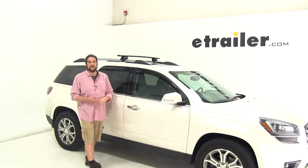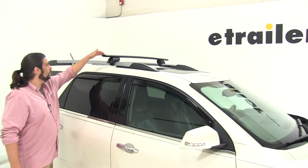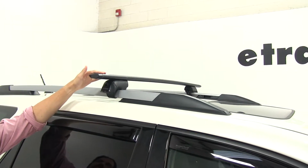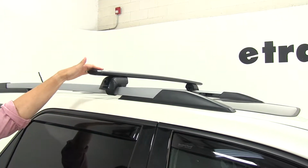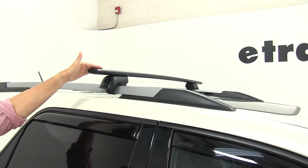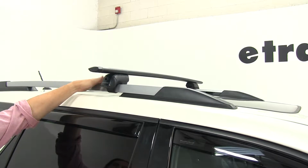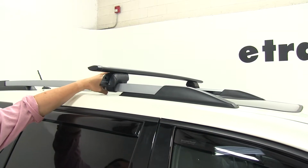Today in our 2015 GMC Acadia, we're going to be test fitting the Yakima JetStream Roof Rack system, consisting of part numbers Y00425. These are the JetStream crossbars, 50 inches long. These also come in silver if you like. We'll also be using part number Y00147, and these are the TimberLine towers specifically designed to go around your factory